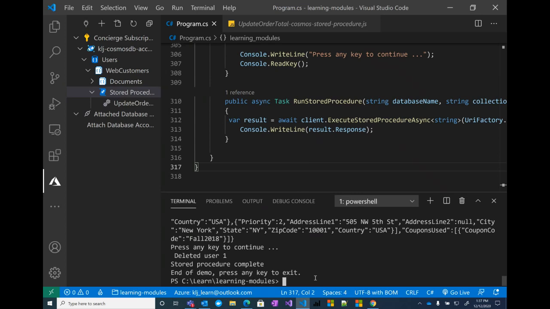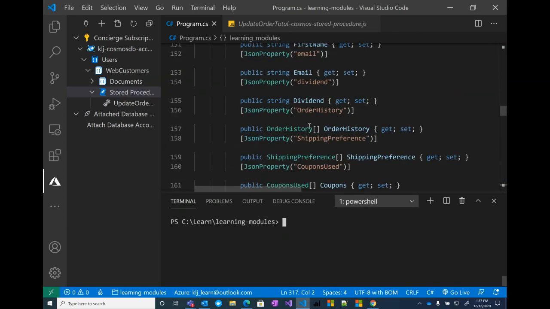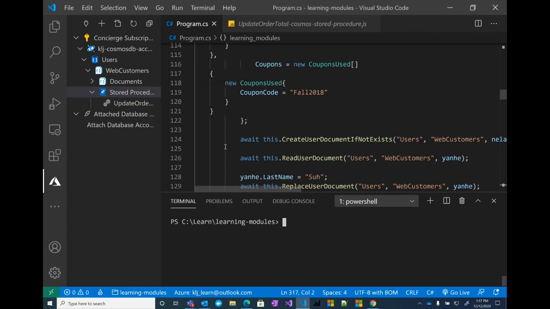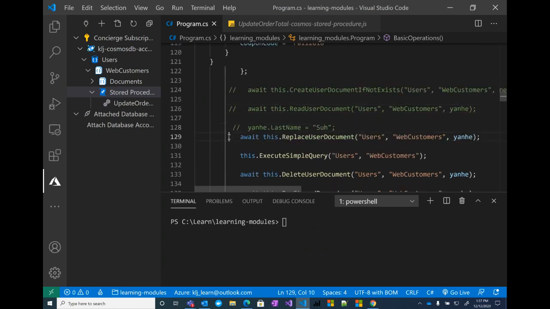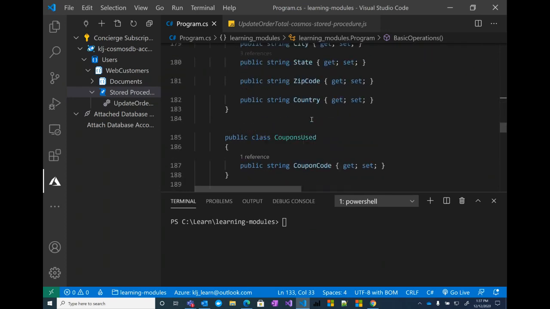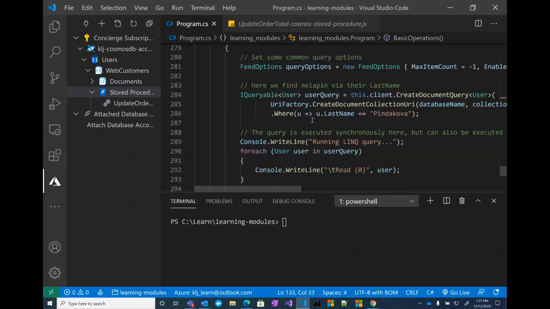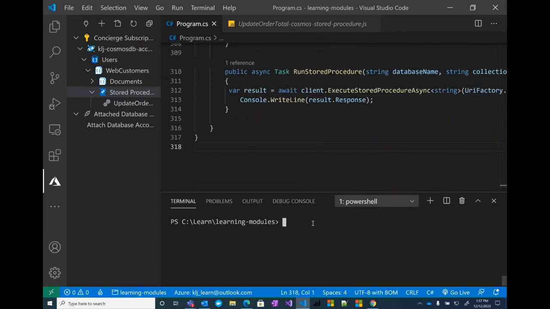So let me clear my screen, and what I'm going to actually do is comment out a lot of this other stuff. So I'm going to have to comment out the create, the read, the replace, the execute query, and then delete, just so we can see the results of just this one store procedure call. So what I'm going to do, I'm going to actually run this now, and that should